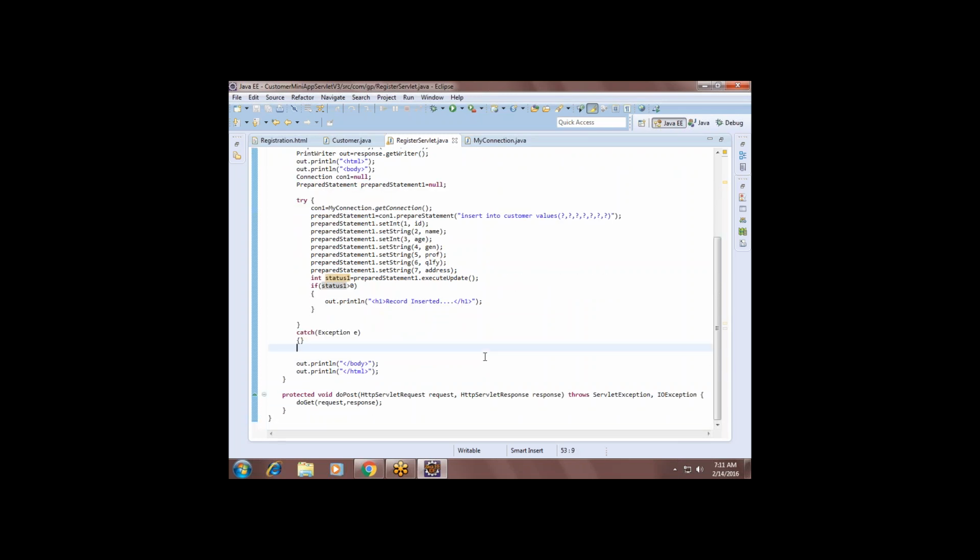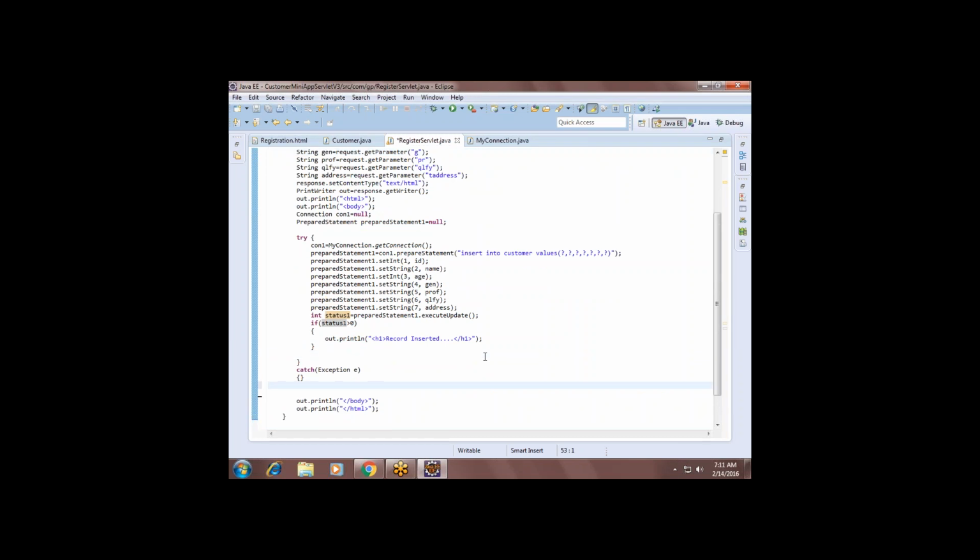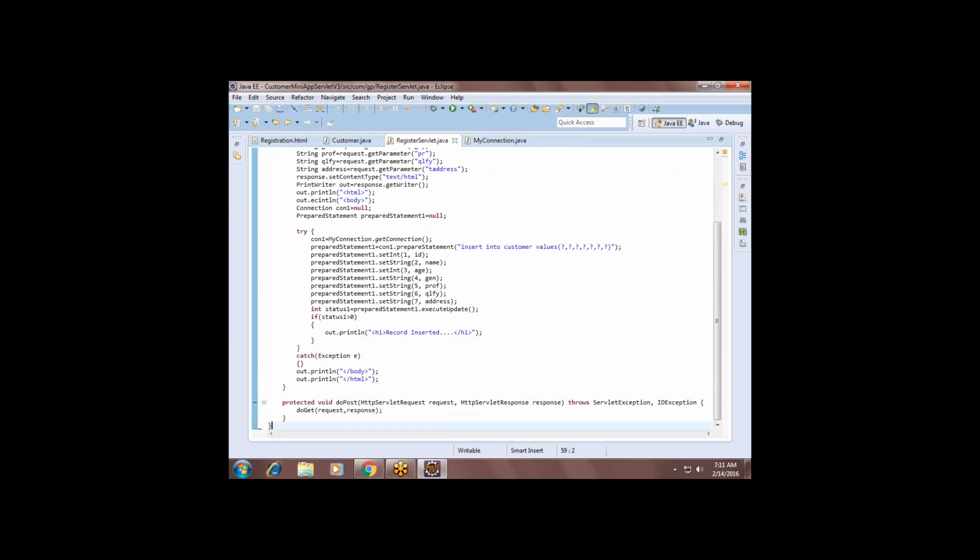What is the purpose of result set? What type of query do you execute and what will you get in the result set? Go back to JDBC and think what exactly is the need of result set. For select statements. Are we selecting or inserting? No, inserting.